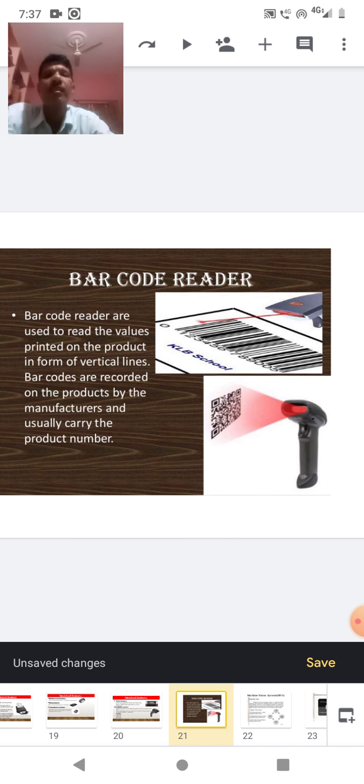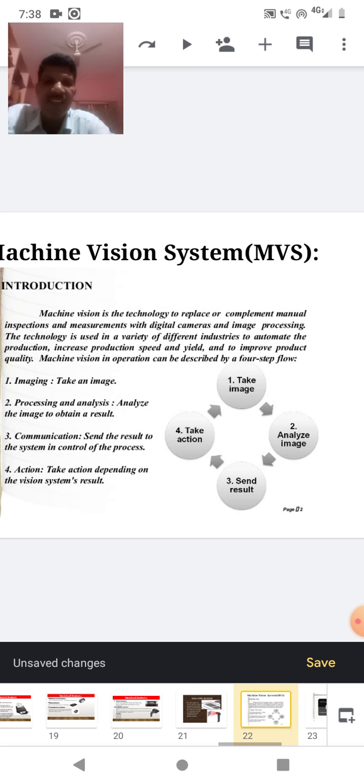It reads the barcode, links to the concerned product details, and extracts such details. This is the mechanism. This is about the barcode reader, also called an input device.